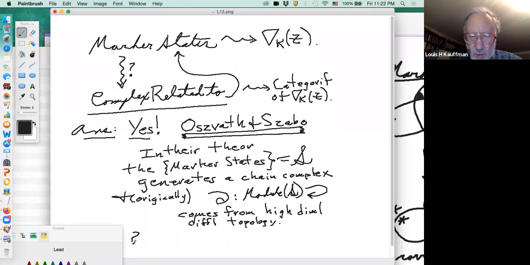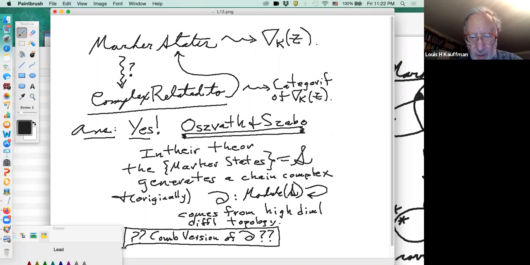And so then there is the question of a combinatorial version of boundary. And this is an unsolved problem at the moment, but it's a partially solved problem at the moment. There is a partial solution